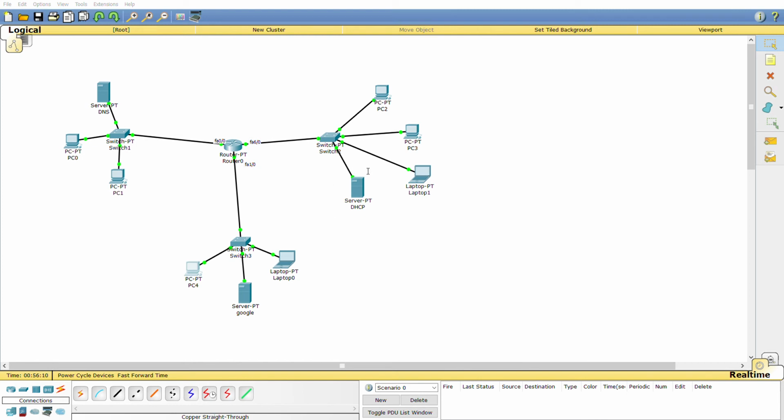See here, the HTTP is working. HTTP is working. As for the second laptop,